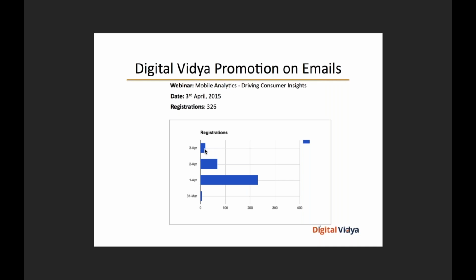Initially, it goes out to the entire set of audiences who have indicated interest in attending the webinar, and then you have follow-up reminder invitations which go out. Once the audiences register for the webinar, they are removed from the subsequent follow-up emails. The initial outreach goes out to the entire lead database, out of which certain registrations come in. After the registrations come in, all of the people who have already registered are removed from the list, and a subsequent email goes out, which again invites registrations for the webinar. So this is again an example of how Digital Vidya uses audience aggregation via emails for driving webinar registration, which is an example of content marketing.